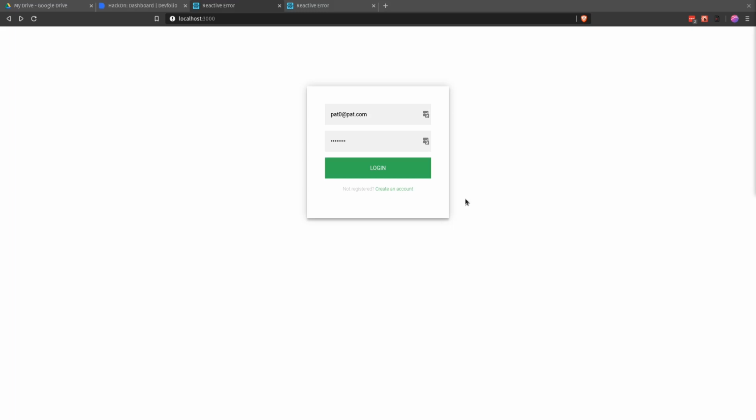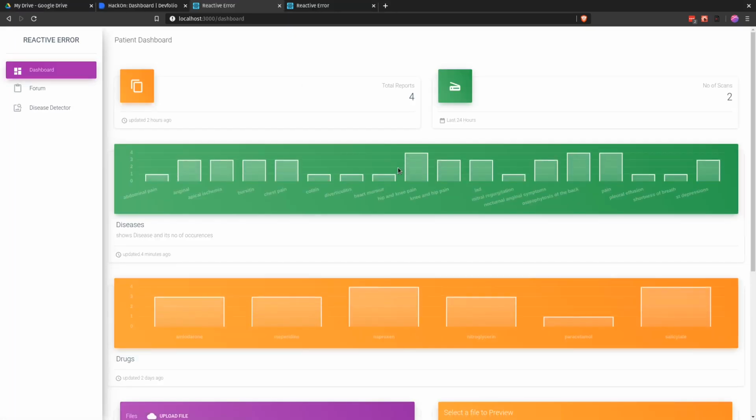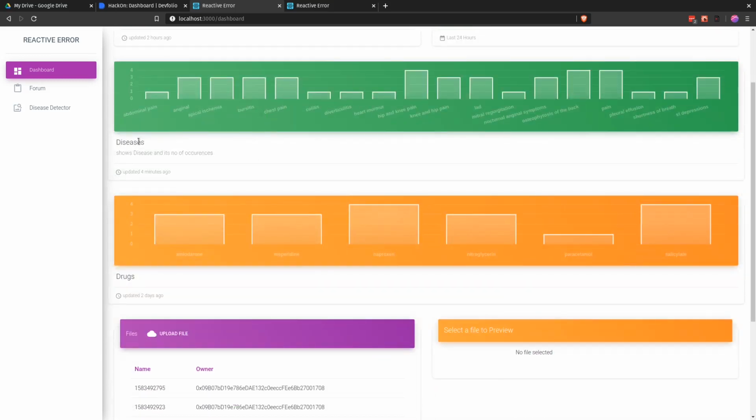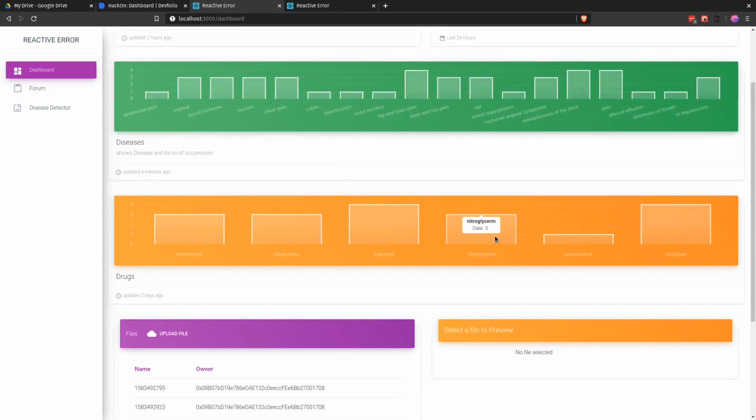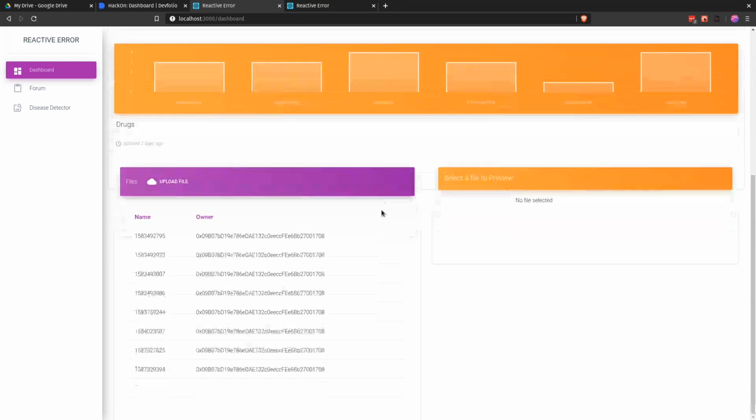It starts on the login screen. There are two login options: you can log in either as the patient or the doctor. I'll first show you the patient dashboard. As soon as you log into the patient dashboard, you'll be greeted with this screen, which shows you all the medical history of your records, all the symptoms, and all the drugs that have been recommended through the various reports. So what is the control flow of the app?